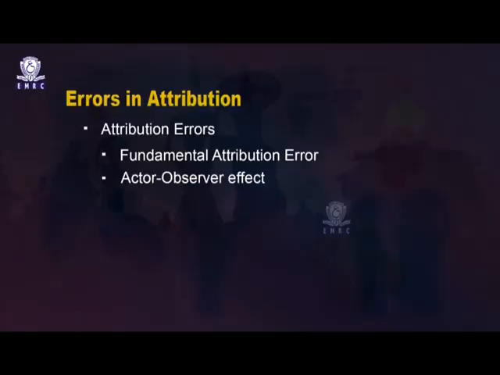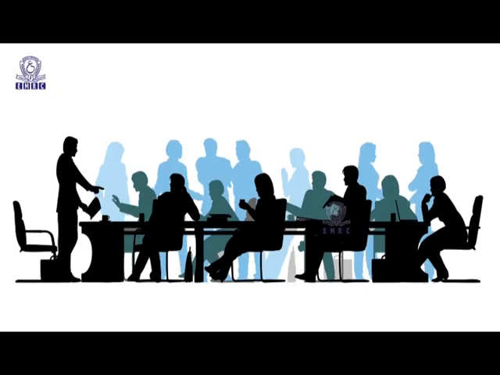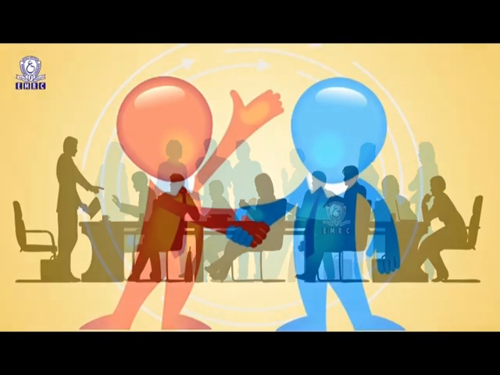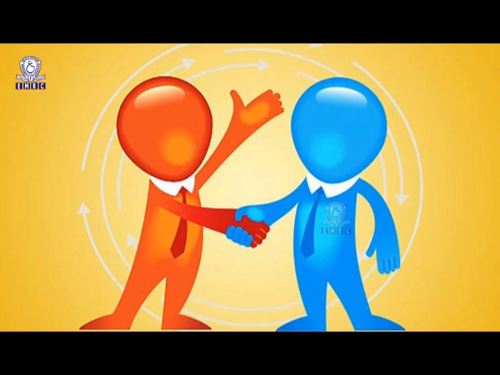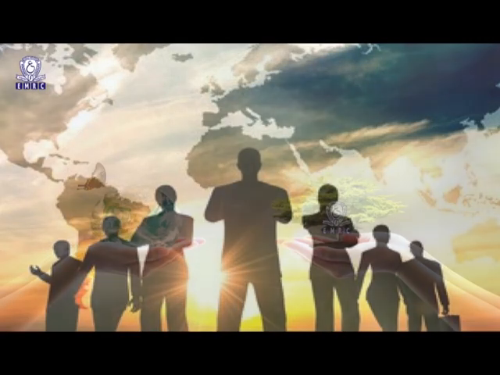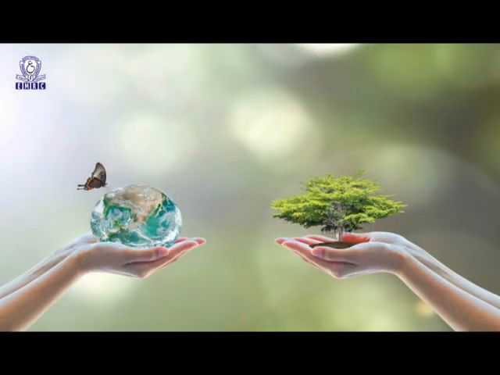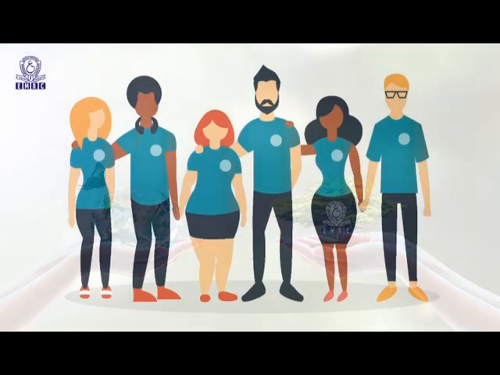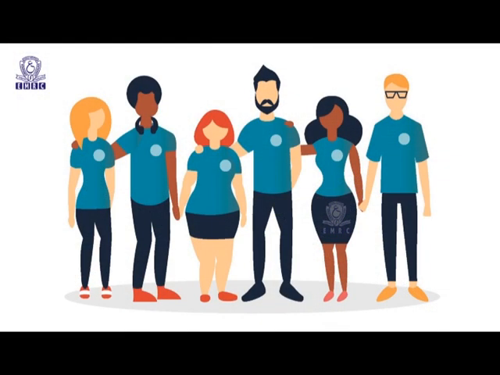Actor-observer effect. The actor-observer effect is really an extension of the correspondence bias. It refers to the tendency for people to attribute others' behaviors internally to dispositional factors and their own behavior to external or environmental factors. Research has provided substantial evidence for this effect and some extensions and qualifications. For example,